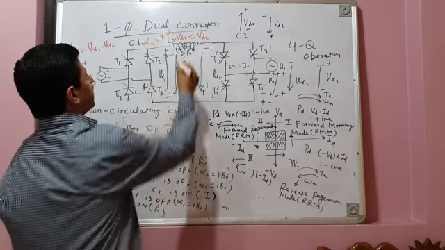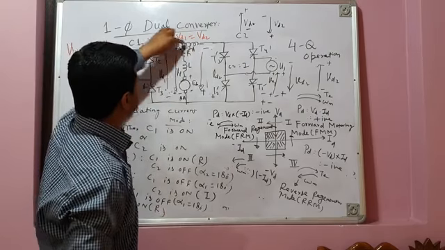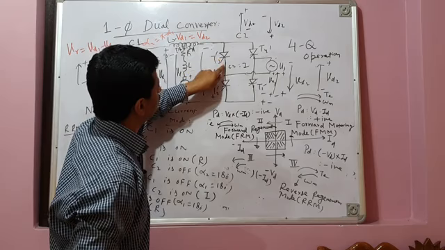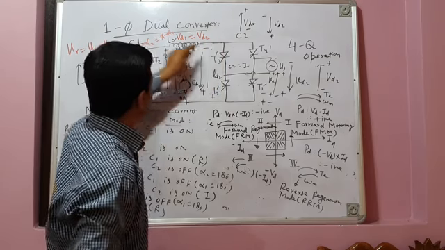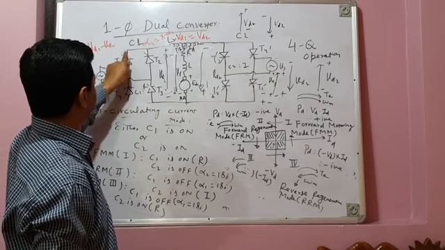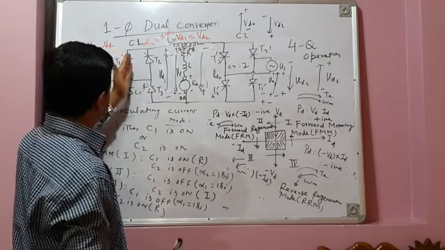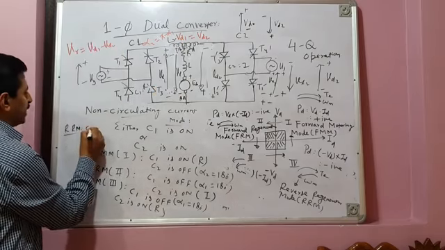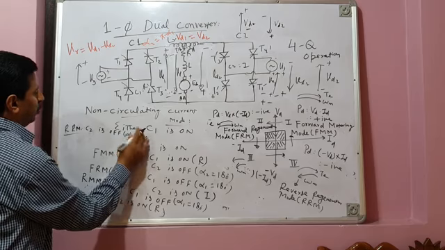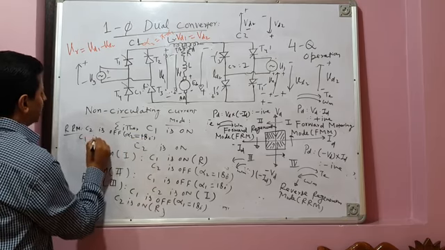Current should be positive means current अब enter होनी चाहिए. अब current enter होगी या तो यहाँ से आएगी या यहाँ से, तो आ नहीं सकती, because अगर current यहाँ से आती है तो then current has to flow from cathode to anode. So obviously current has to come from here. Like for example, अगर T1 conduct कर रहा है, it enters like this. So that means converter C1 on हो जाएगा, C2 off हो जाएगा. C2 is off means alpha 2 is equal to 180 degrees. और C1 on हो जाएगा.